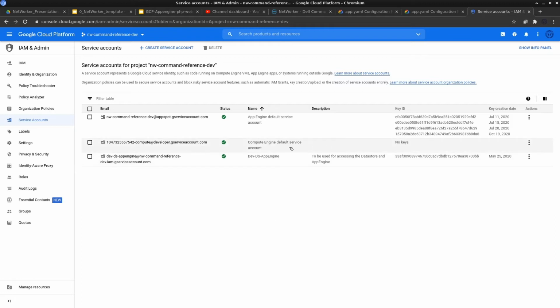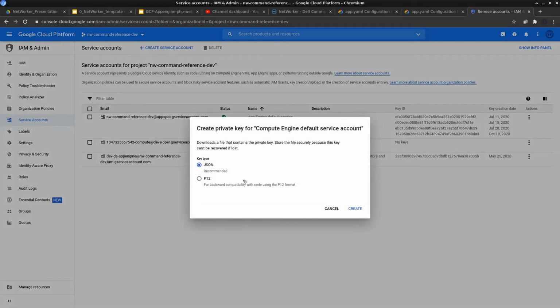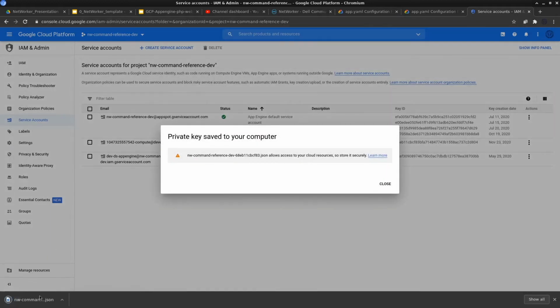So if I want to create a service key for this, first of all make sure that you have assigned it the relevant authorization, which has to be done under IAM here. So to generate the key, you can come to the respective service account, click on the action on the right hand side here, and then click on generate key. You always need a JSON key, so you highlight JSON by default. That is what is highlighted, and then click on create. So this is going to create a service key, and it is going to provide you that service key.